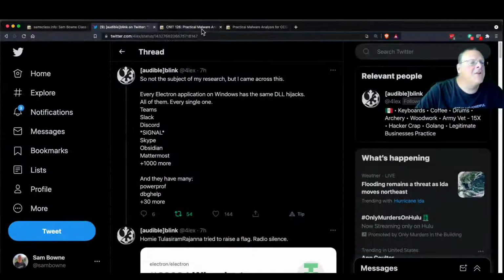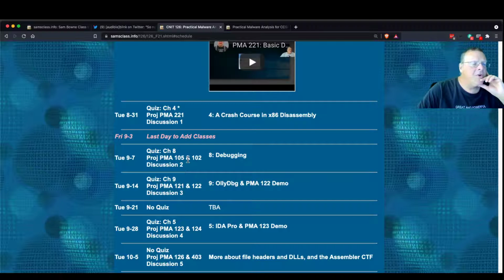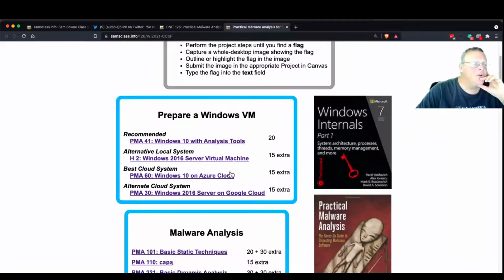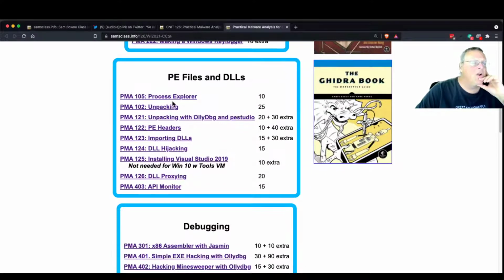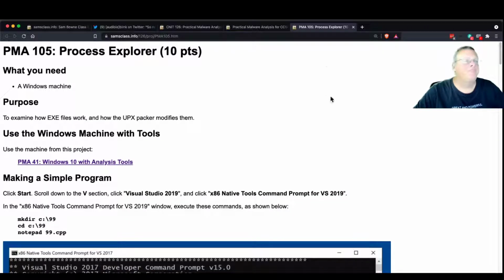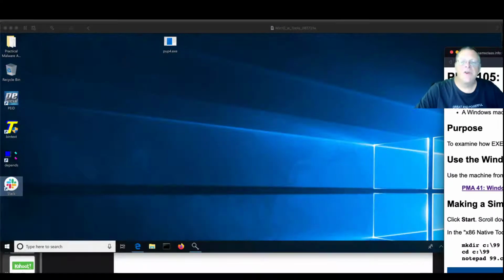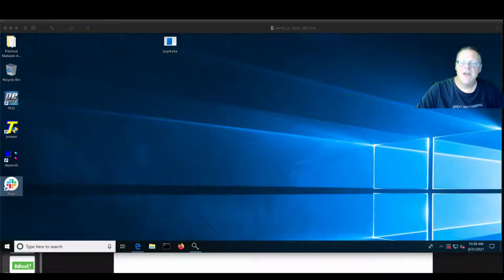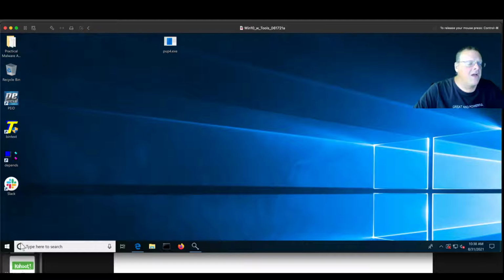Let's talk about some of the standard projects, the ones coming up, which are 105 and 102. So let me talk about them. 105 is Process Explorer. I'm just going to shove the instructions to the side so I can refer to them while doing it. All right. So we're going to make a program here